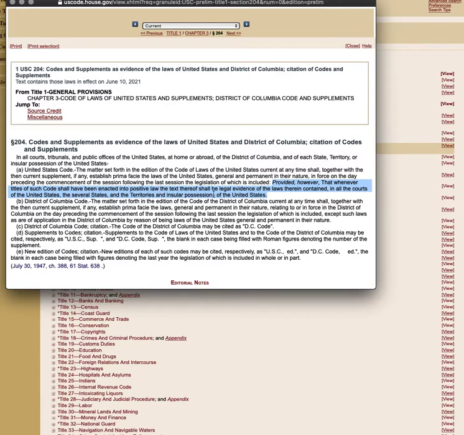Now this is one of those vague sentences where all the people, they might read that and they'll say, well, the several states, that's my state. The territories, that's where I live. The insular possessions, I'm there. The United States, I live in the United States. Okay, you don't.